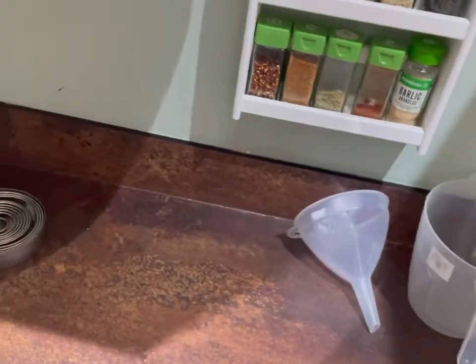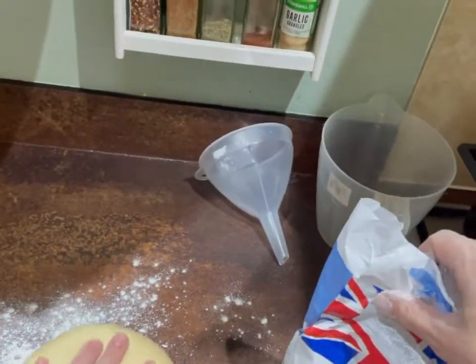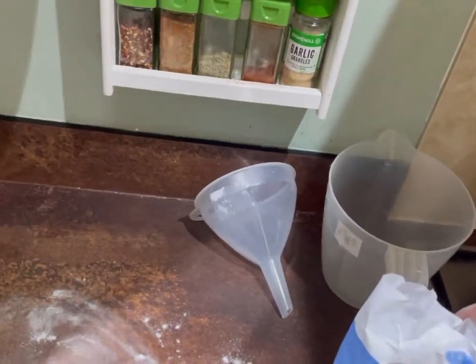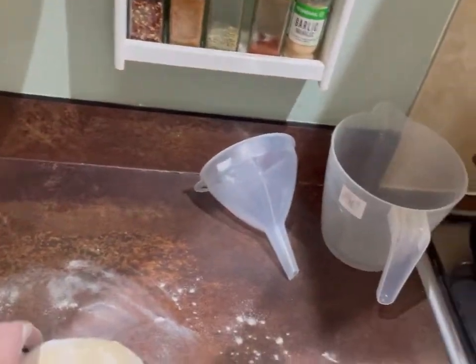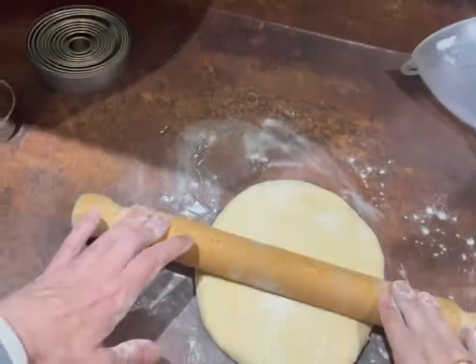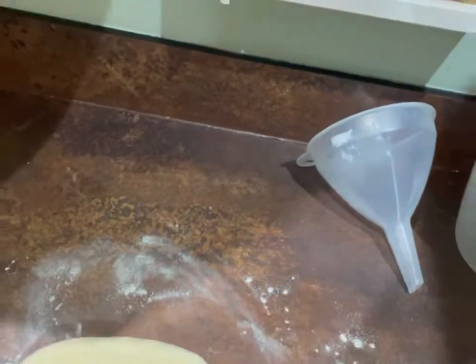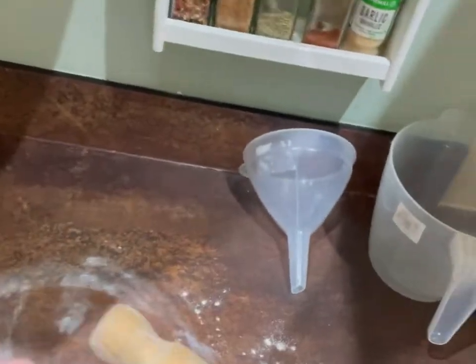Okay, so just to stop it sticking, just a little light dusting like this. Turn it over so it doesn't stick on the rolling pin as well, like that. Okay, now you want to roll it. You want to roll it to, I would say, not a super thin thickness, because they're donuts and I like nice thick donuts, but just roll it out. You're gonna have to really give it some,